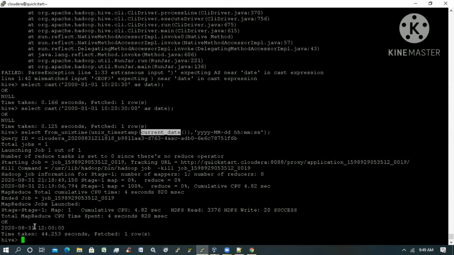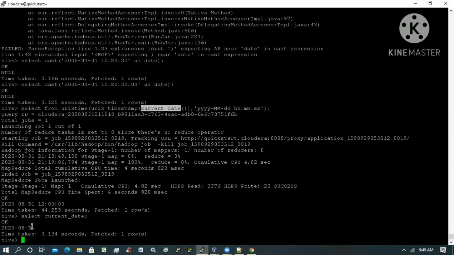See, current date is in which format? Usually select current date only, it's showing it here, but I have added that one to HH:MI:SS format also. And before that, I will take the current timestamp.